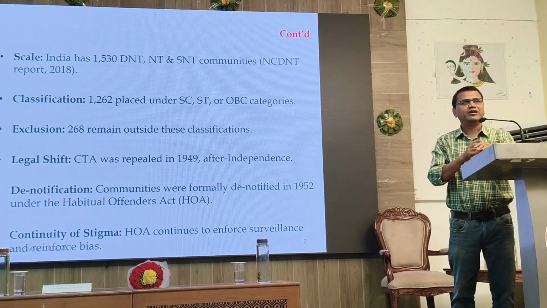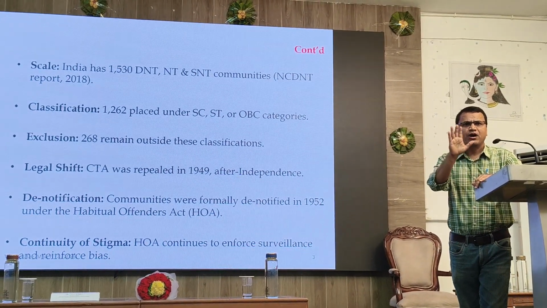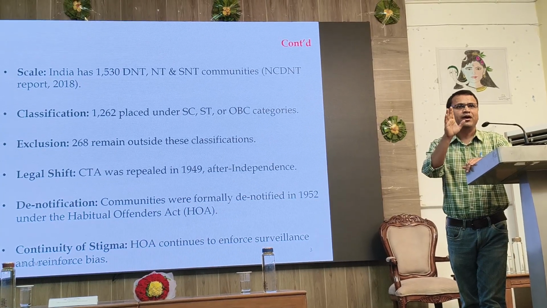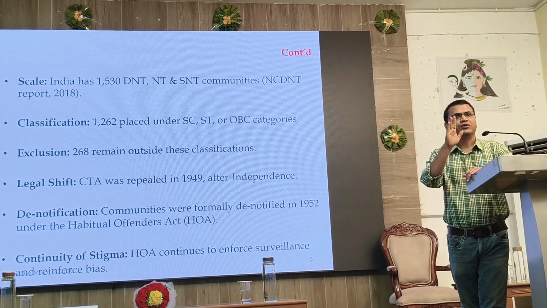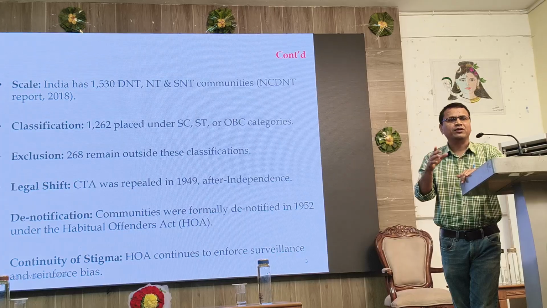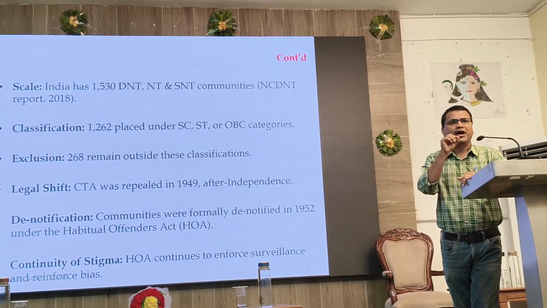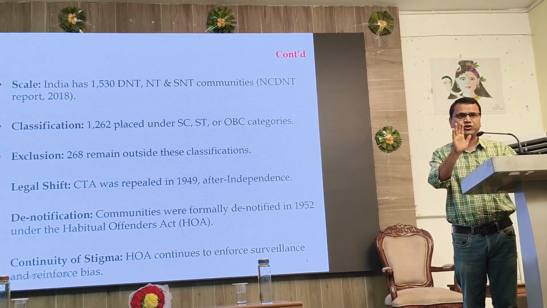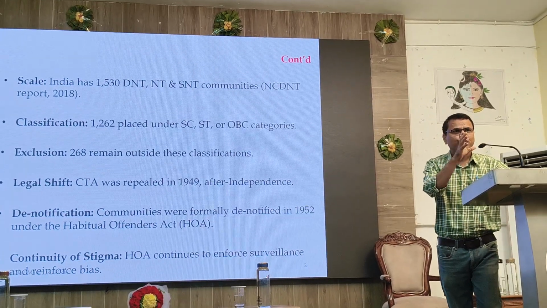And how many denotified and nomadic tribal communities do we have in India? So far, the Government of India appointed two commissions. One was appointed in 2008. The commission was headed by Balakrishna Renke, which identified more than 1400 denotified tribes, nomadic tribes and semi-nomadic tribes. After that, in 2014-15, the government appointed another committee headed by Bhikhu Ramji Idate, and the commission identified that there were more than 1530 denotified, nomadic and semi-nomadic tribal communities in India, out of which 1262 communities were classified